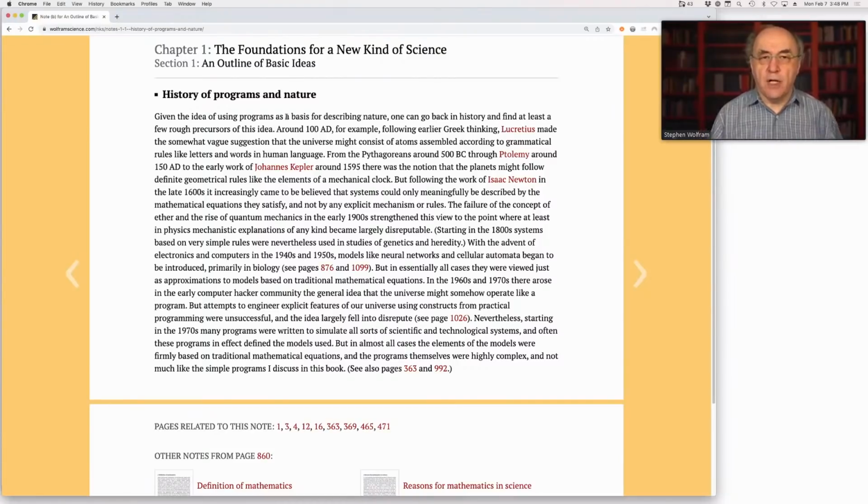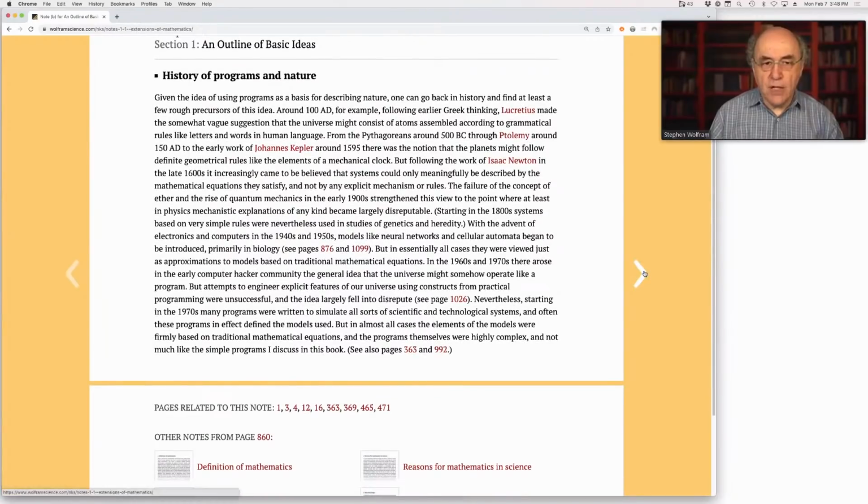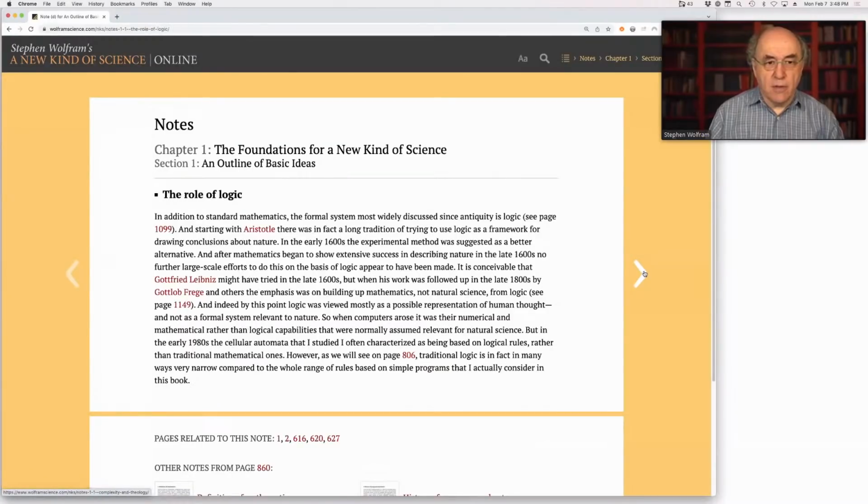They were viewed in a few cases as being technological systems, in many cases as being things which, if they were anything to do with nature, they were some kind of idealization of the true mathematical equations on which nature operates. So let's see. Well, I talk a bit about logic here as another kind of foundational possibility for what science could